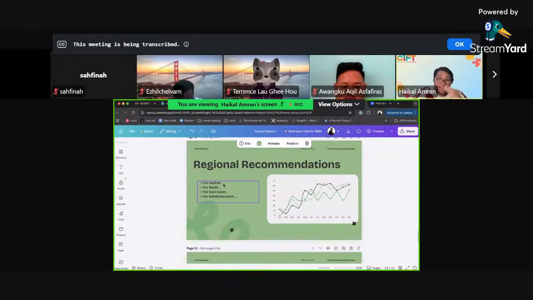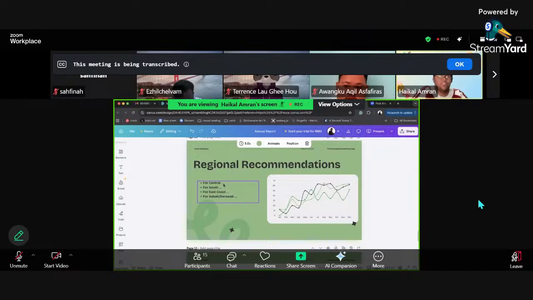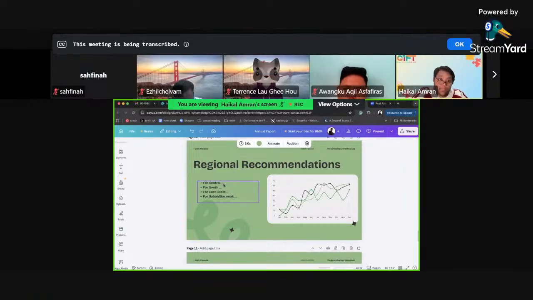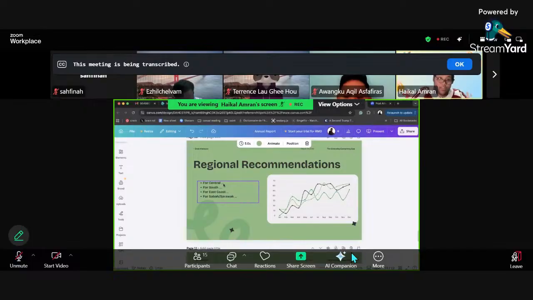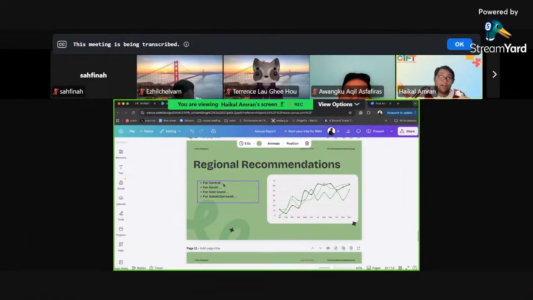For example, let's say the central region, in your analysis shows that a majority of the users in the central region actually comprise Grab Executive. All right. So your recommendation is for you guys to ride this momentum. Okay, ride the momentum and do more marketing for luxury car rides, so that we can ensure that the proportion of users using Grab Executive increases over time. For example, okay, that is up to you guys.